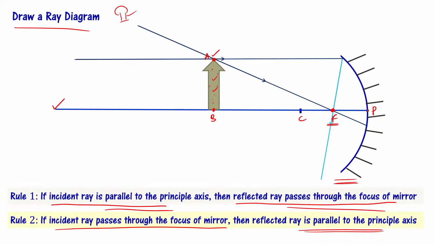right? Once it touches, we have to draw the reflected ray. The reflected ray is going to be parallel to the principal axis, right? Let's draw the parallel ray to the principal axis. Now you see here, there is this interesting thing. These 2 reflected rays, the light blue colored rays, right? These 2 are meeting at this point.